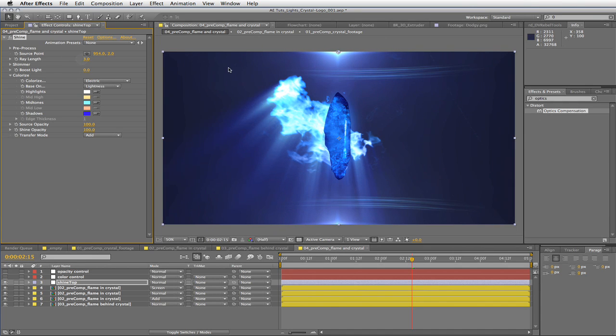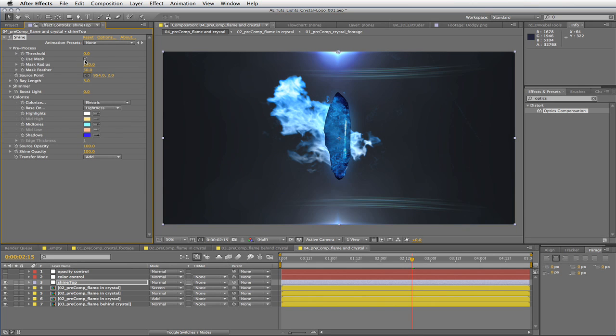And we don't want the entirety of the image affected by shine, so we'll go into pre-process, click on the mask. You can see the mask is directly surrounding the source point. Let's increase the radius just a little so when fire will shoot into that mask, then it will be affected